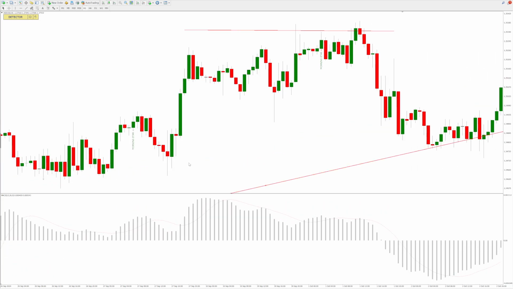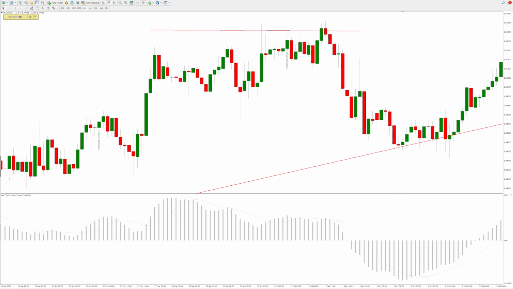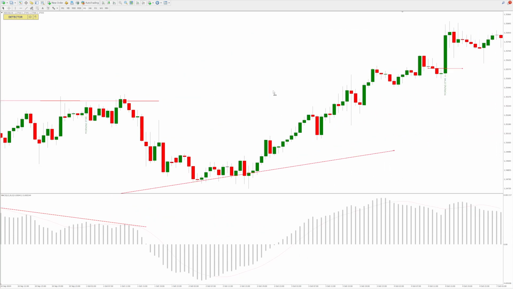This one, okay, it wasn't a great entry, but if you look at the MACD, you can see as well there's some bearish divergence to the downside, which suggests that the bull market is losing some momentum. Okay,